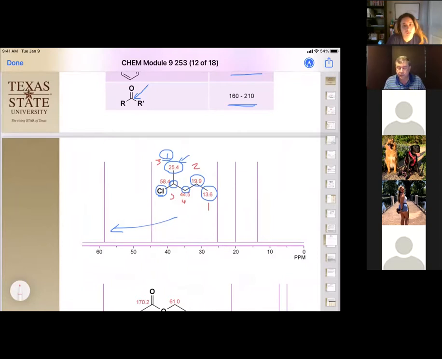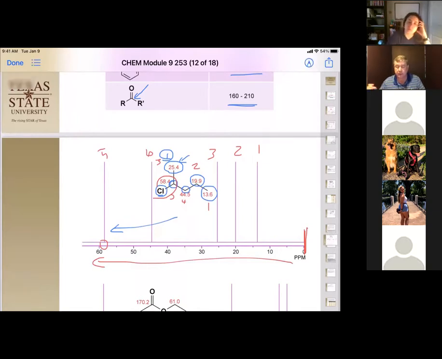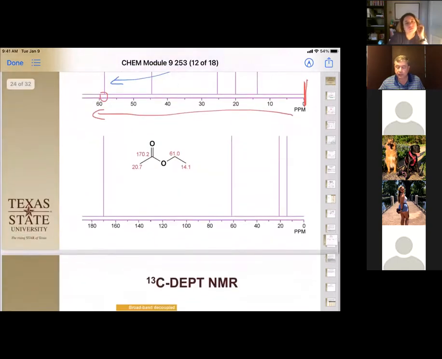Okay, so in this case, we should have a total of 1, 2, 3, 4, 5 peaks. And so we have 1, 2, 3, 4, 5 peaks. And our relative shifts are from 0 ppm to our highest, which is the one with the chlorine on it, which is, remember, from 5 to 80, is where halogens show up. The carbons bonded to halogens. Okay,